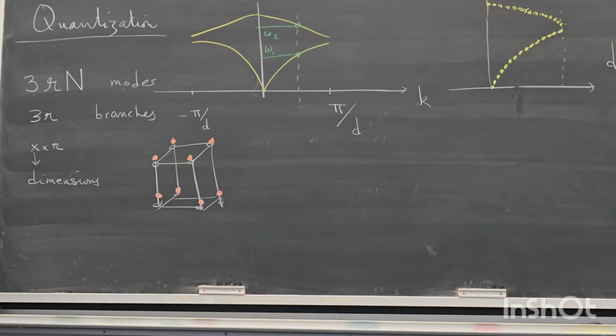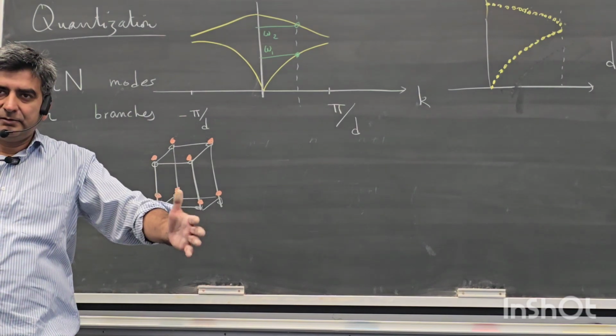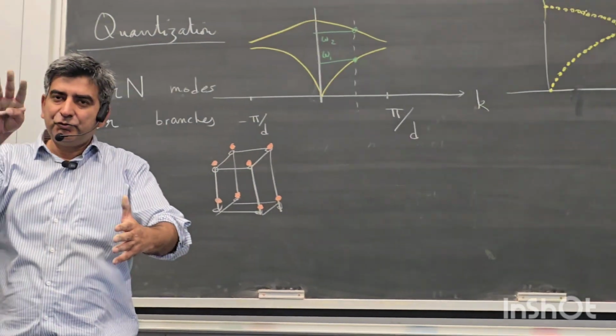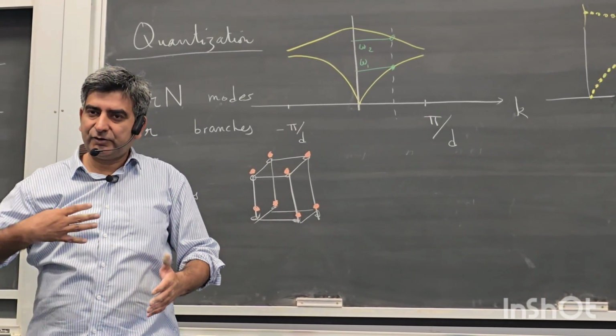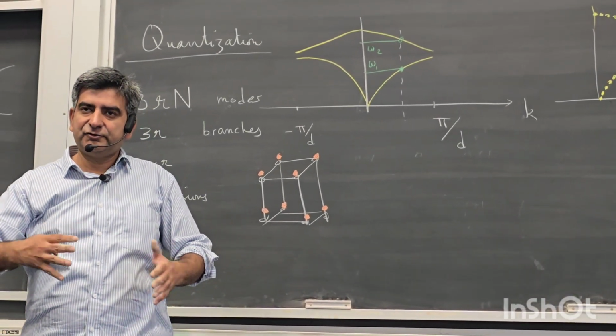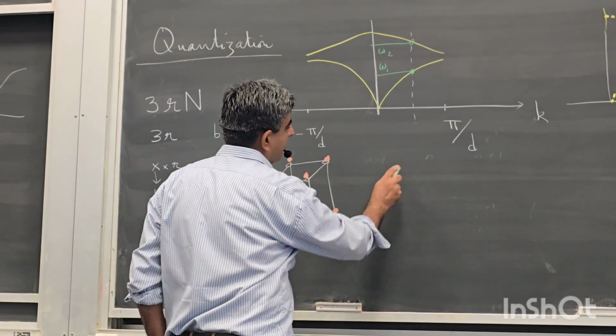And all 3 of those branches will be of the acoustic kind. Because when you have a wave, there could be a longitudinal wave, and in 3D you can also have 2 kinds of transverse waves. You can have an oscillation like this, oscillation like this. So there will be 3 acoustic branches, and if I were to plot them in 3D,